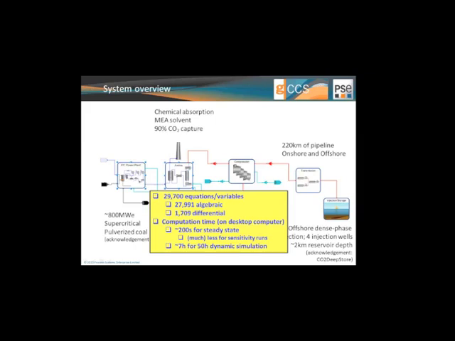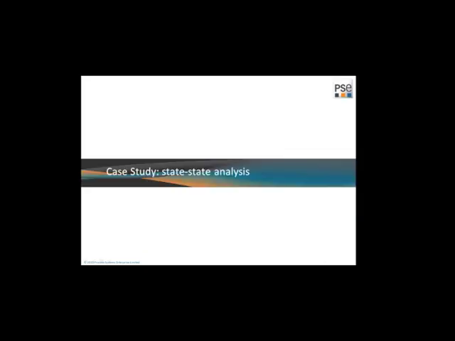We just simply change certain input conditions. Let's say, talking here about a hot start of the model. Once you have it loaded in memory with a solution, it's very easy to move. And then for a 50-hour dynamic simulation, it takes roughly 7 hours to provide the results for the transient study. Now, let's have a look at the results. First, for a steady state analysis.